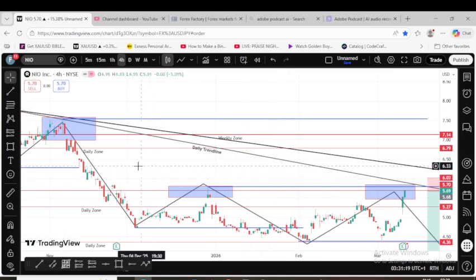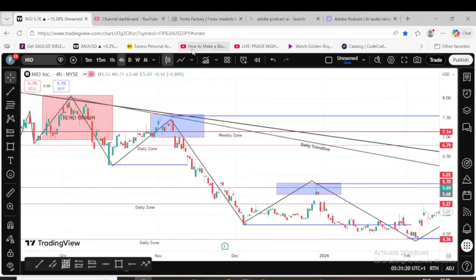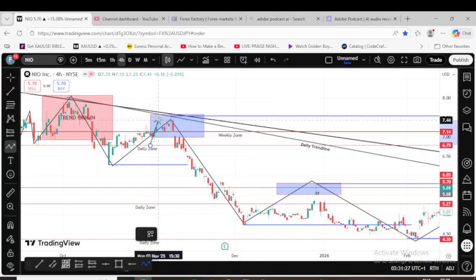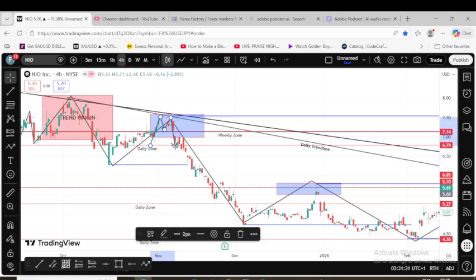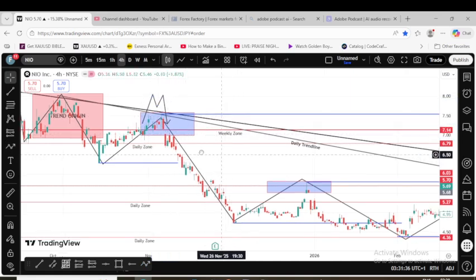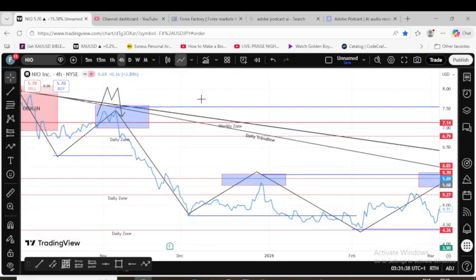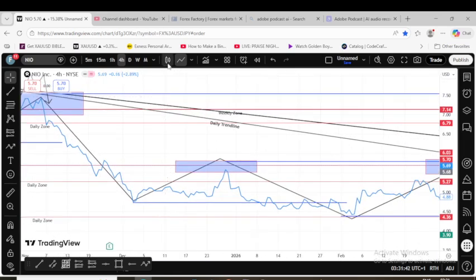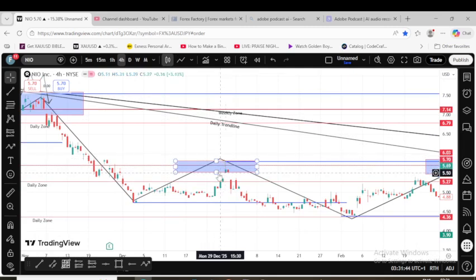Okay, so what I see here, switching to the line charts, is an M pattern. So we have an M pattern here. Coming to this blue box, what do I see? Switching to the line chart, it looks like